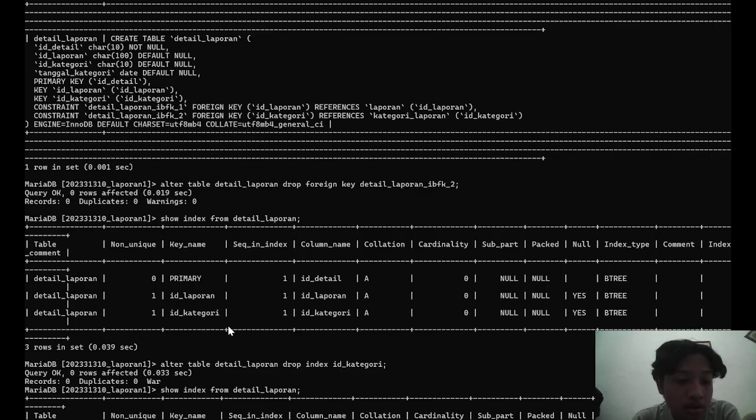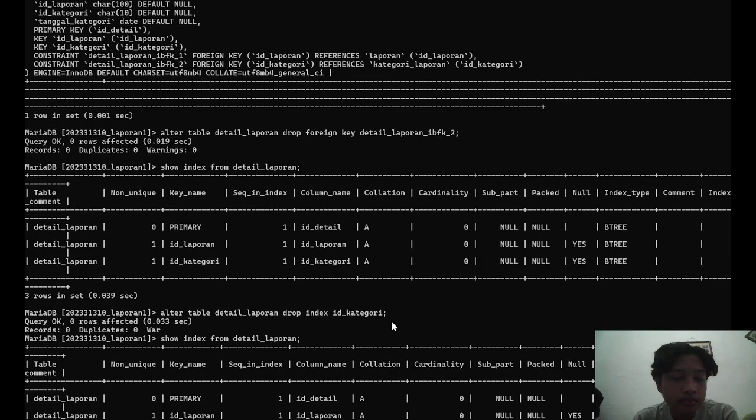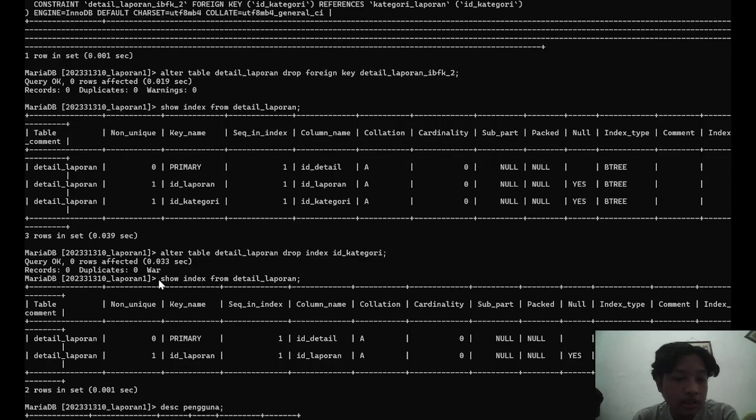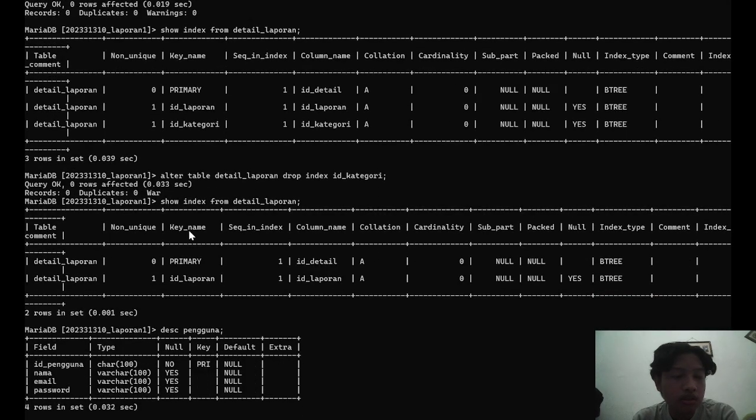So to remove the column, we can use a command like this: alter table detail laporan drop index ID category, and then enter, and then we can show the index again.